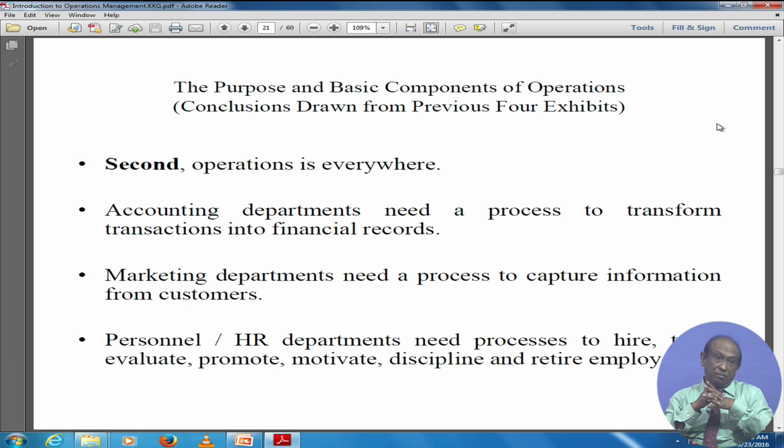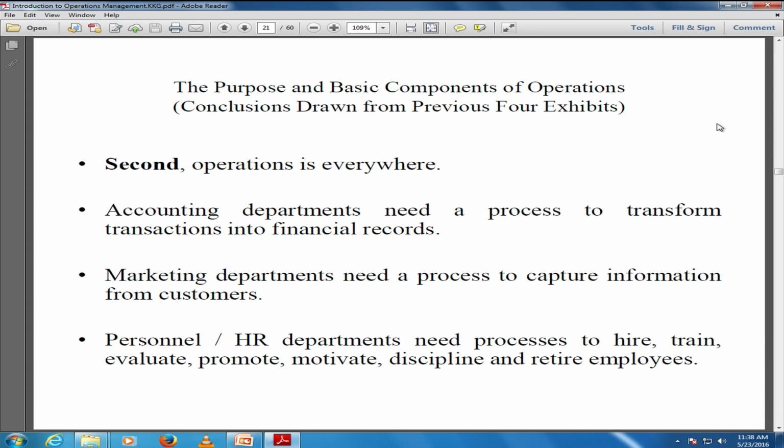What is the second conclusion? The second conclusion is that operations is everywhere, all around us. For example, the operations function needs processes for that transformation. Accounting departments need a process to transform transactions into financial records. Marketing departments need a process to capture information from customers. And sometimes the marketing department is interacting with the product design department, because marketing is giving you the customer requirements, and in order to capture those requirements properly, lots of